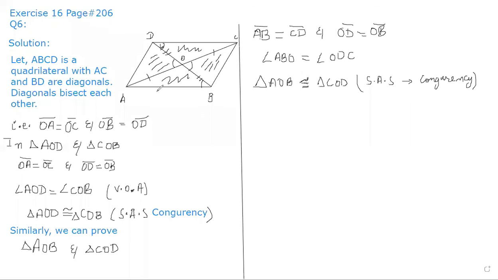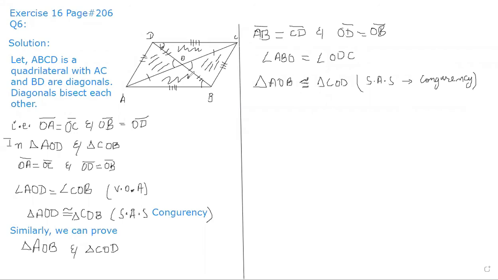The third one, opposite sides of a parallelogram are equal. If I am talking about the side BA, represented by three lines, it will be equal to this one. And if I am talking about this side AB, represented by four lines, it will also be equal to the line CD. So opposite sides of a parallelogram are equal. The fourth, the two diagonals of a parallelogram bisect each other, was the condition given in the question also. And the fifth property, a diagonal divides a parallelogram into two congruent triangles.